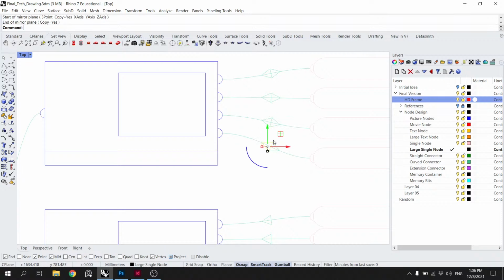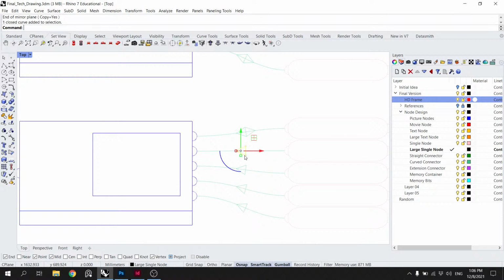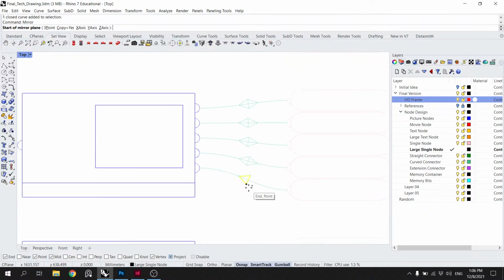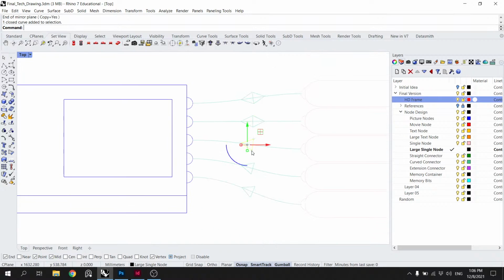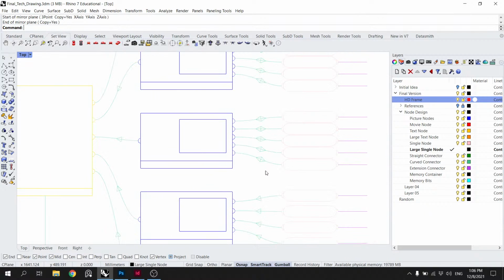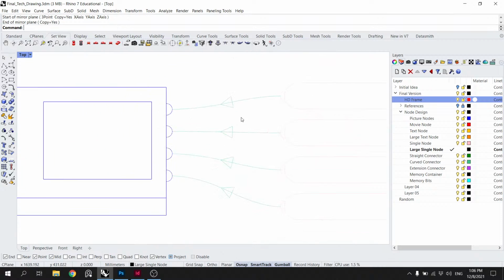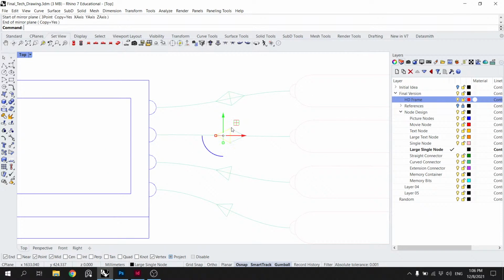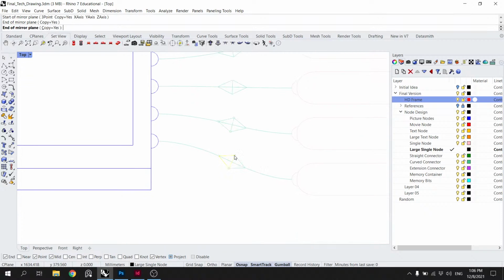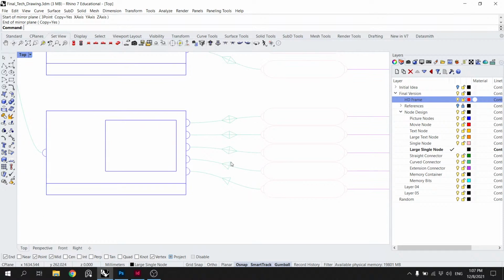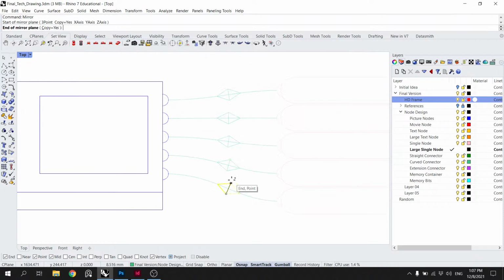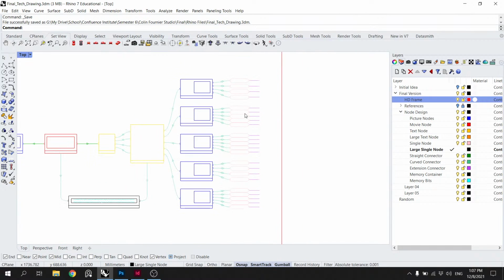Just a little tedious, but it's okay. Okay, we got our two-way arrows functioning now.